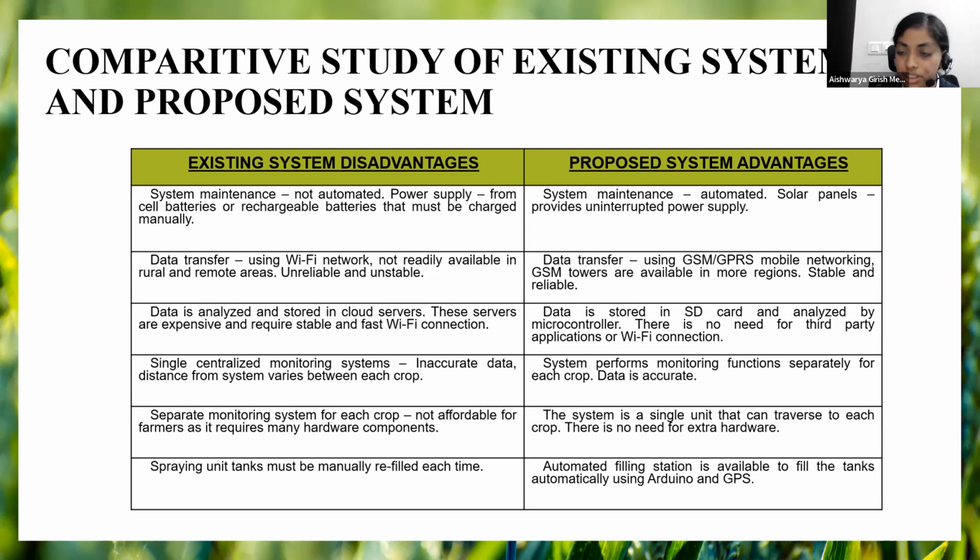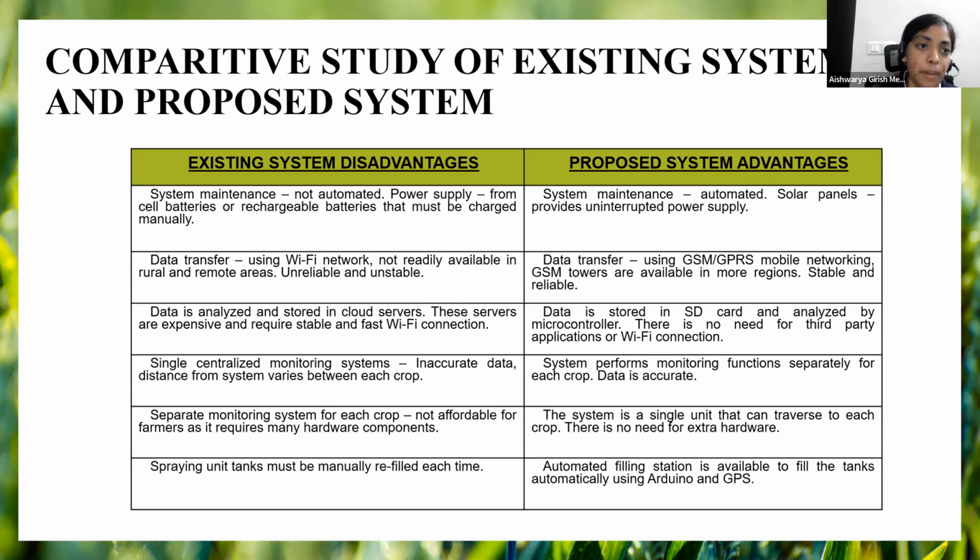So mobile network towers are actually readily available in rural areas, and the data is stored into an SD card and the data is analyzed using a microcontroller. So there's no need of a third-party application or Wi-Fi connection. And the system performs the monitoring function separately for each of the crops. So the data will be accurate for each and every crop as it goes towards each of the crops using a GPS module. And also the filling station is separately created to automatically refill the spraying units of the system